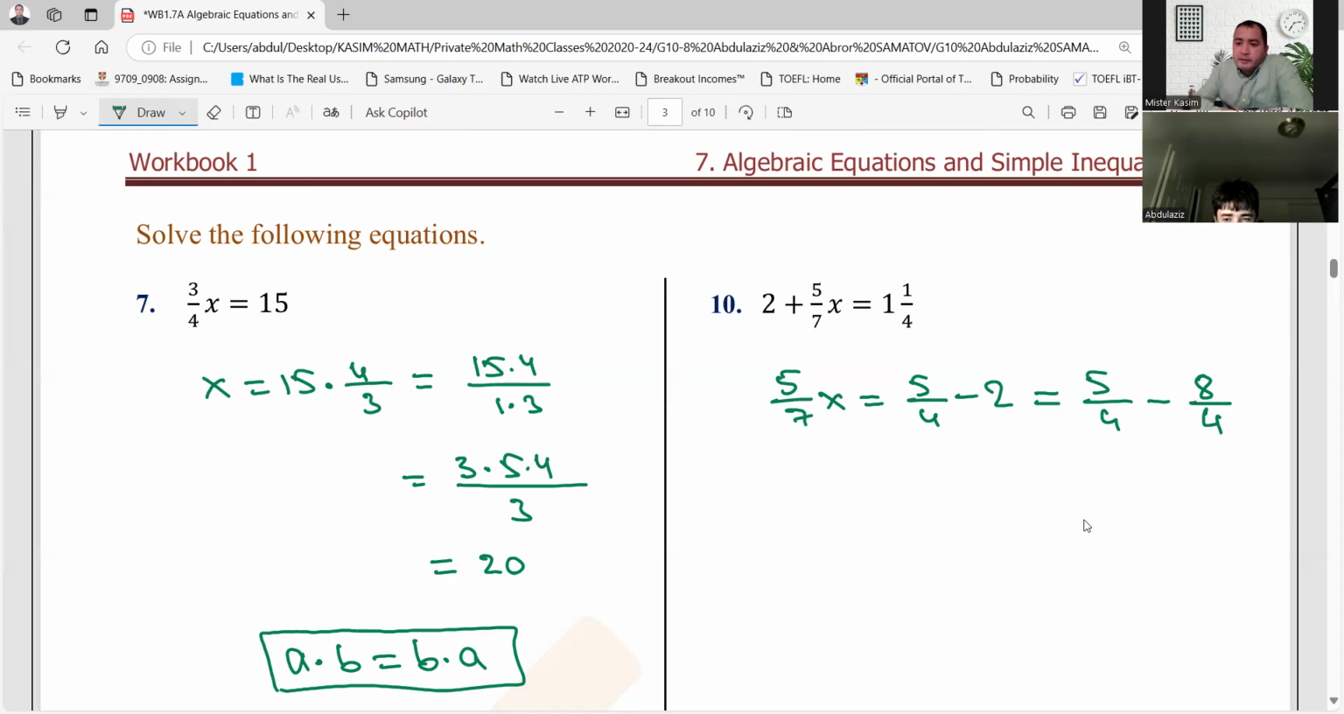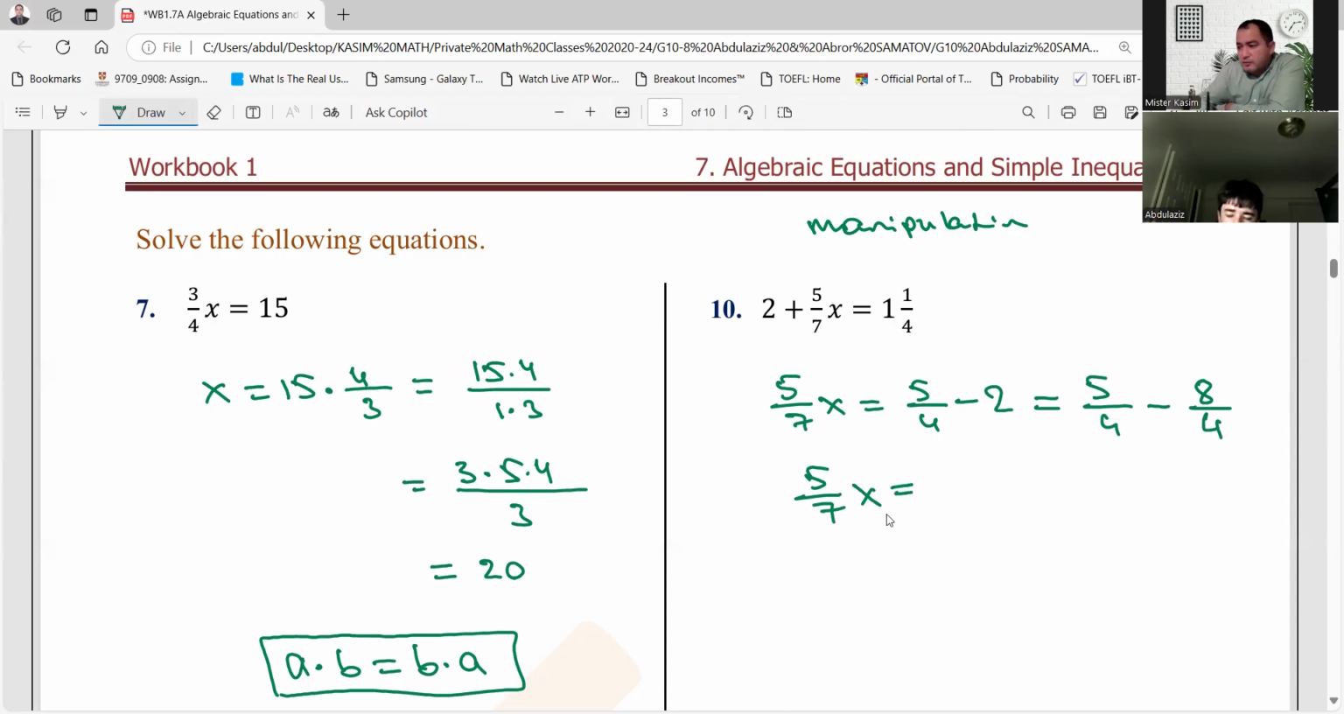So this is called, Abdulaziz, in math, manipulation. Okay? Writing numbers in different forms. Instead of 2, I can write 1 plus 1, or 4 divided by 2, or 8 divided by 4, depending actually on what kind of form you need. So now, if you simplify this, 5 over 7x will be equal to